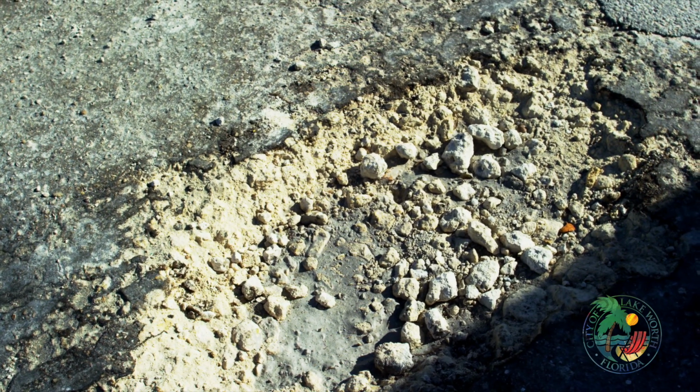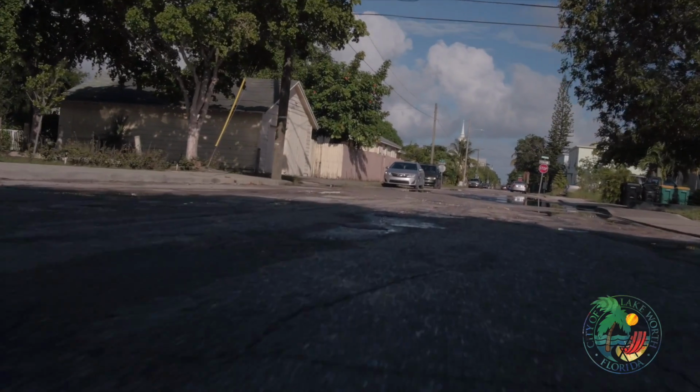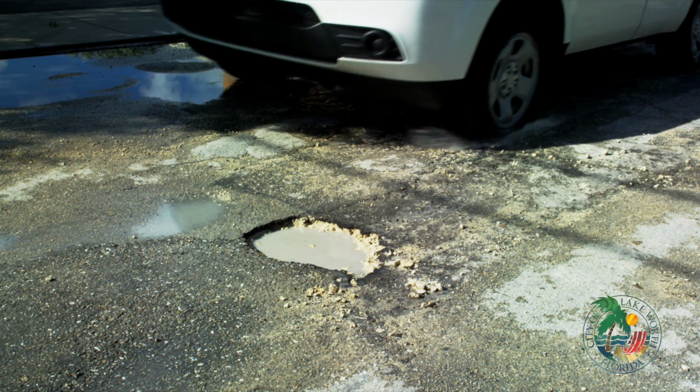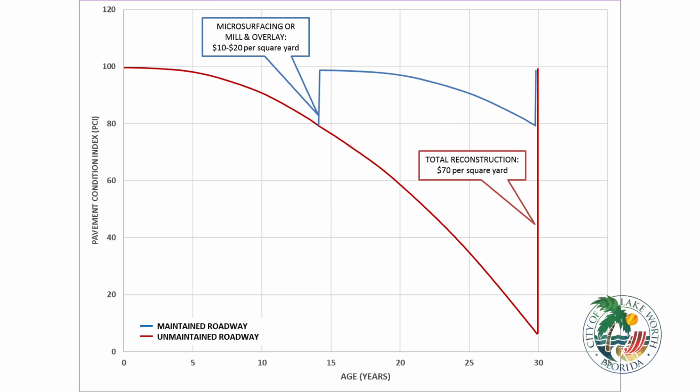Unfortunately, in many of the streets of the city, as you would see in potholes and other locations, that asphalt damage has already occurred, and some of the lime rock layers have been damaged such that we have to reconstruct the road entirely. As shown on the red line of this graph, the useful life of an asphalt road is